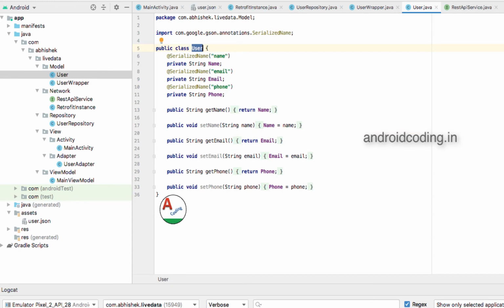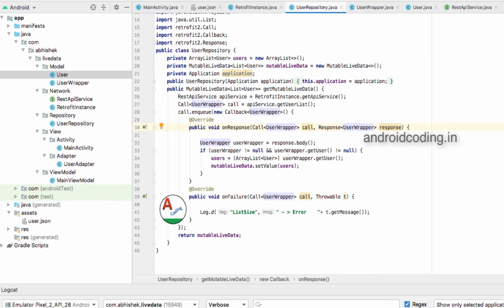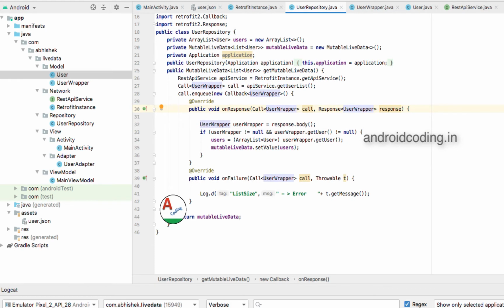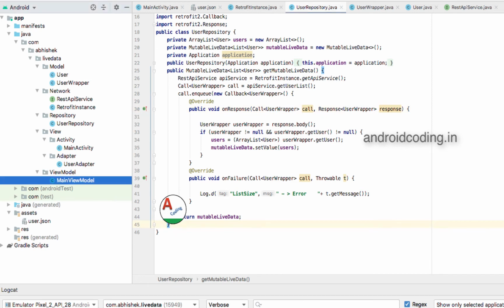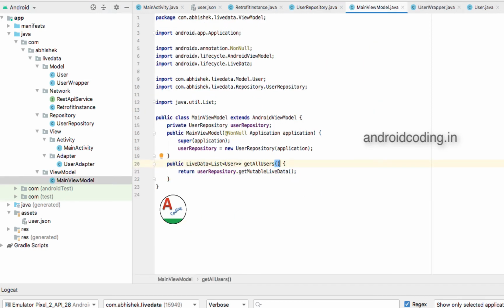So from here we are getting the data to user repository. We are saving the data into our model class, and from there we are passing the data to our view model. So we are returning the mutable live data. In view model we are passing that data, and we are emitting the data from view model to view.